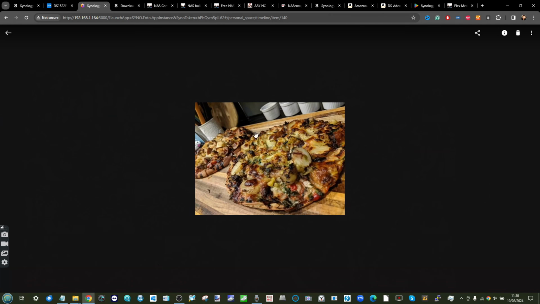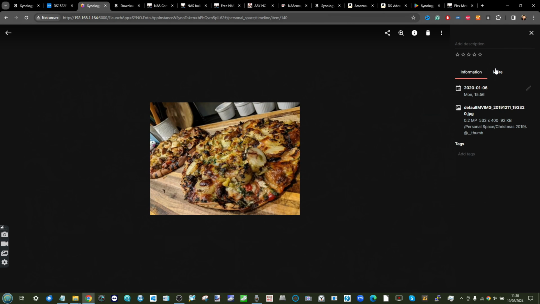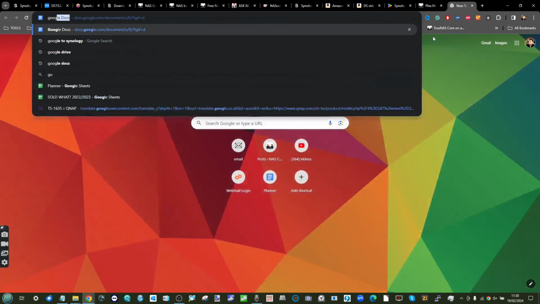So for example, and again, I'm going to have to pick a photo at random. This might be too low res for us. Now this is a low res mobile copy. And again, a little side note while I think of it,